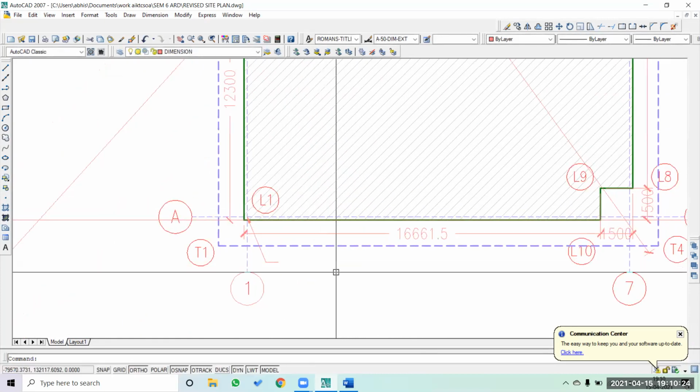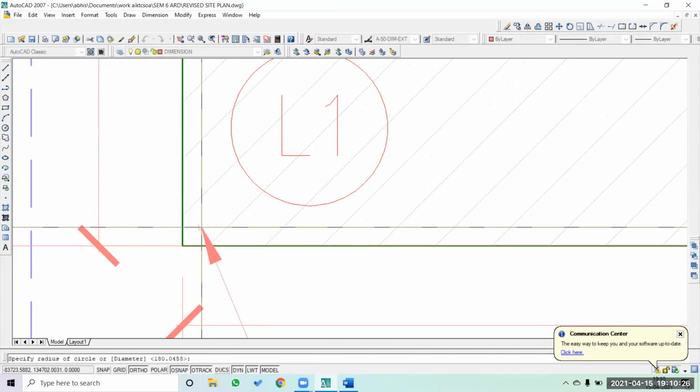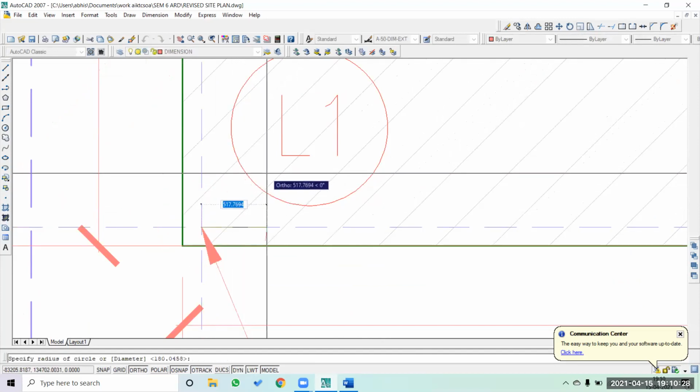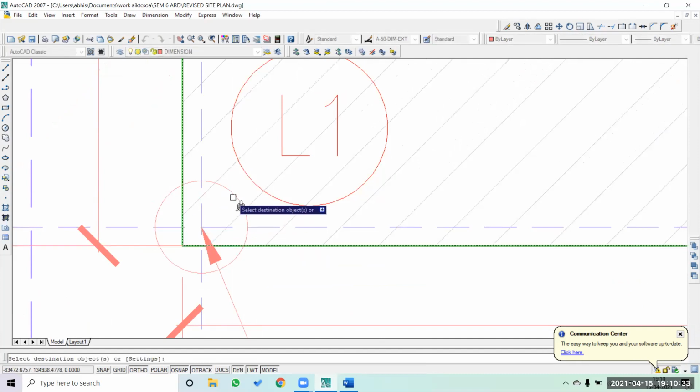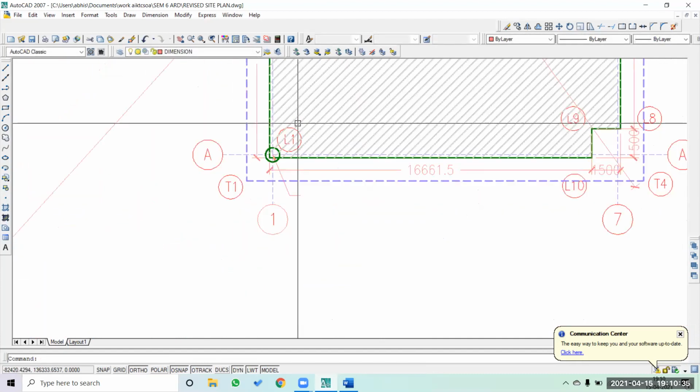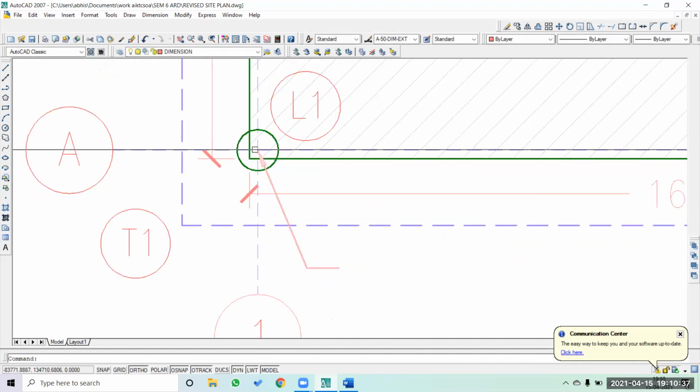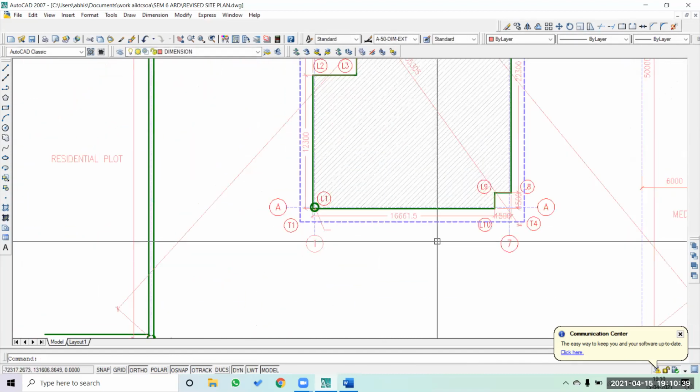Clear? You can then edit it. This particular point is going to be the setting out point. So I'm just going to make it a little bit bigger and assign a line weight to it so that it is known that this is going to be a setting out point.